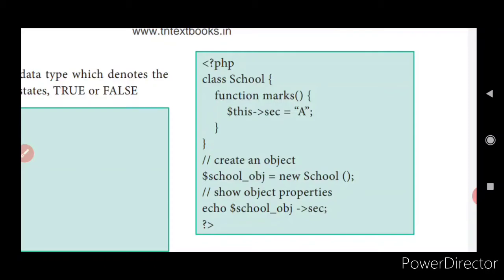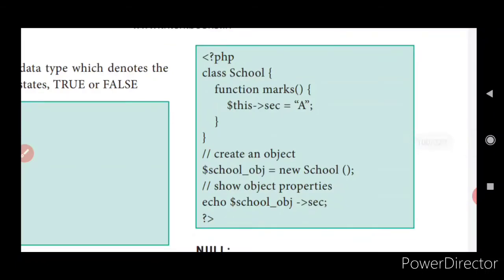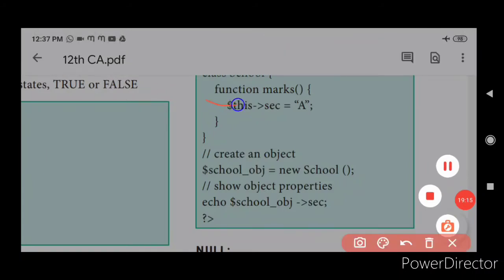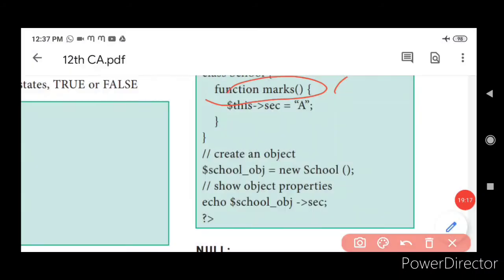If I am going to use one concept again and again, what I will do is make it a separate function and store it. Because I can reuse it again and again, there will not be any necessity for me to write it newly. For that only, we go for a concept called functions. Here we have function marks. What do we have?